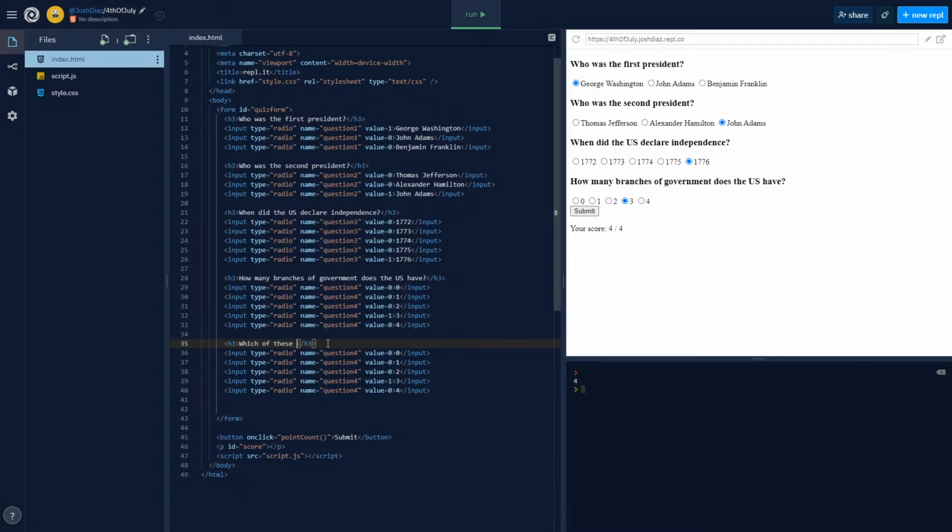Which of these are not a branch of government? Does that question make sense? Which of the following is not a branch of government? There we go. So then we can put